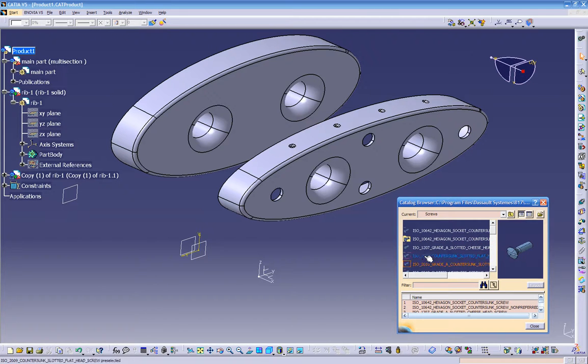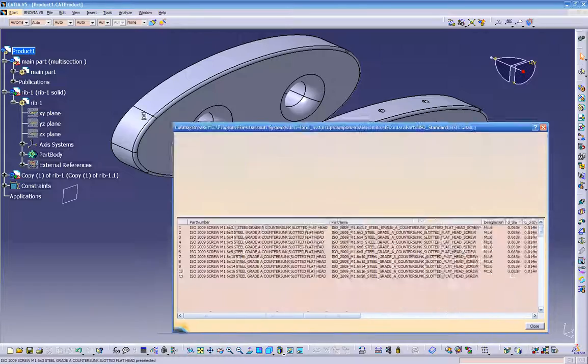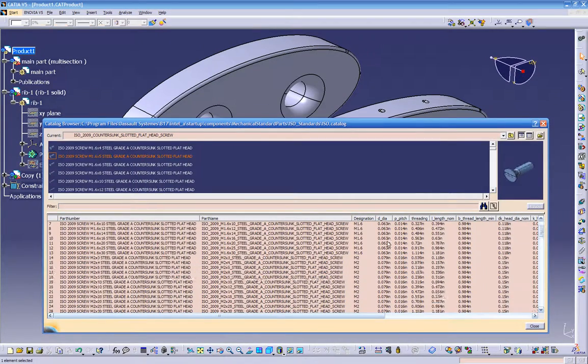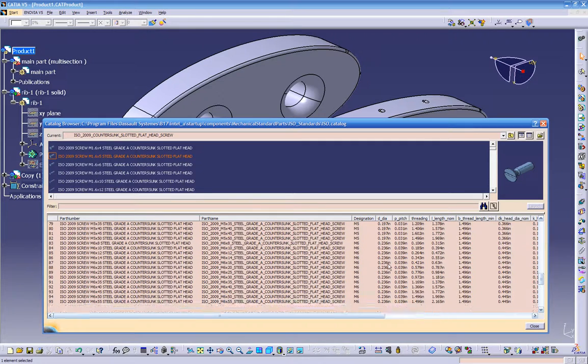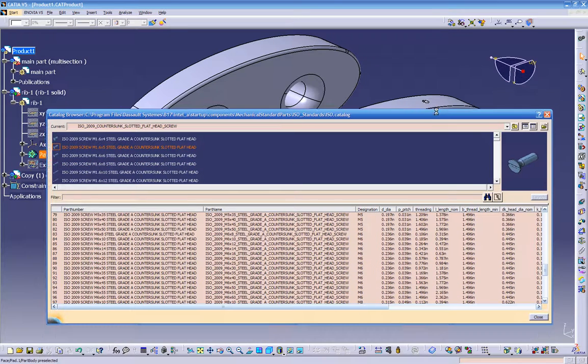Let's give it a try with this screw. Double click, and you see on the bottom over here, it will give you more options you can choose from. So let's choose something close to 200 diameter for this hole that I just created right here. You can see the picture is getting longer and longer, so let's get a short one. Just double click,